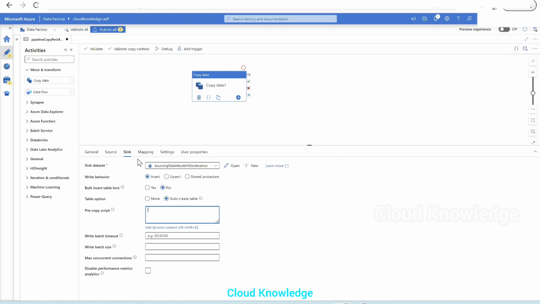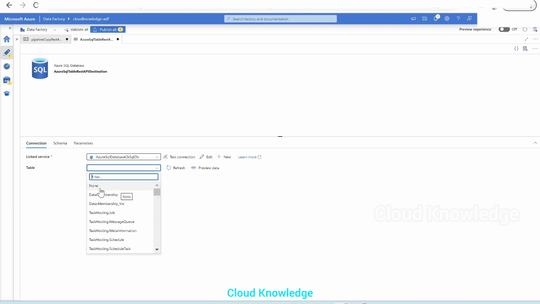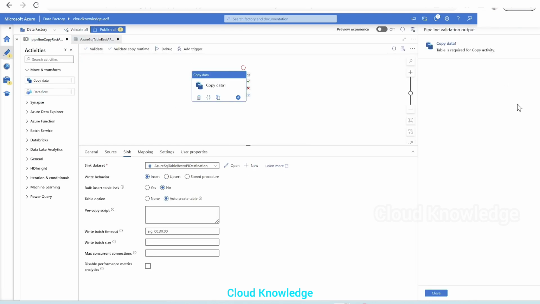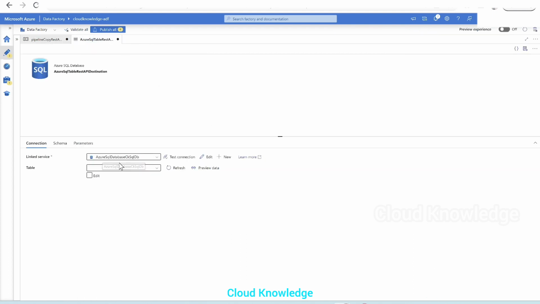Now we'll go to the sink dataset and try to open this dataset. Okay, if we try to open this, we can see that the table is not selected. Okay, it is not even none. So if we go to this pipeline and click on validate, it will show us an error that the table is required in the copy activity. That's why we have opened the dataset, and here we will click on edit and give the name of the